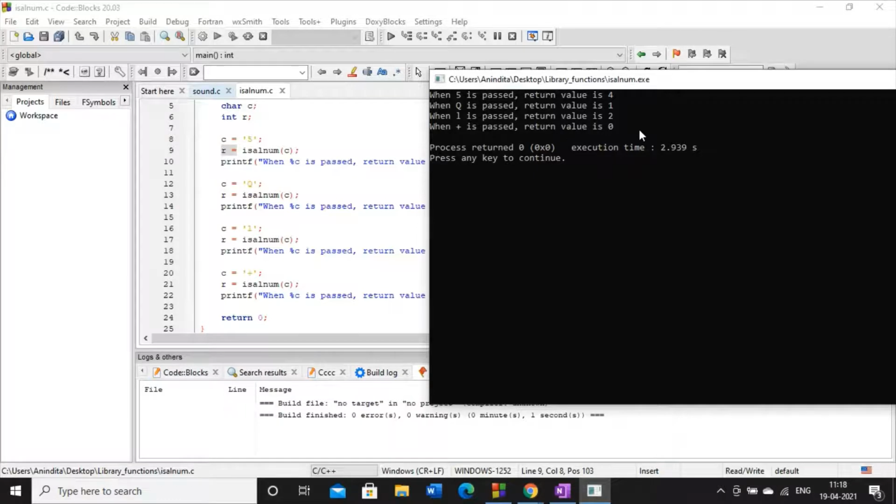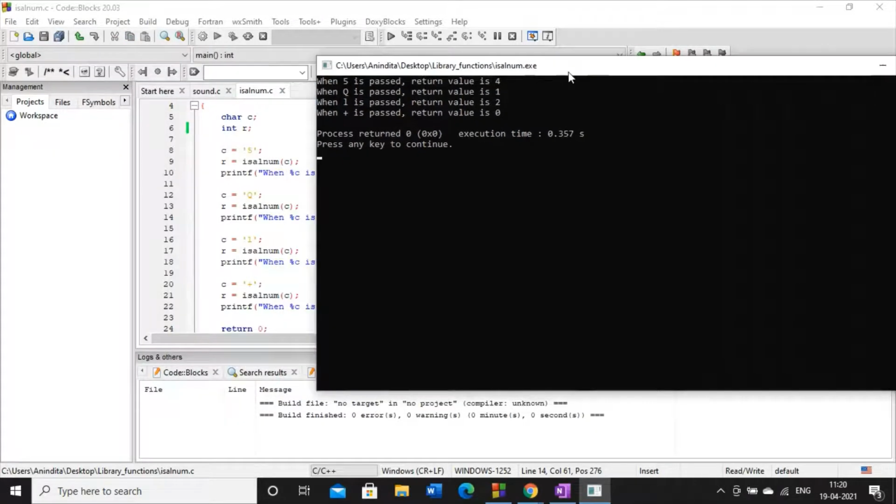Now, there is one question. I have explained that the return type of this isalnum standard library function is either 0 or 1. If it is an alphanumeric character, it will pass 1, otherwise it will pass 0. But in this code, we have seen that if it is not an alphanumeric character, it shows the output 0, but why is it showing different values 4, 1, 2 for other alphanumeric characters?